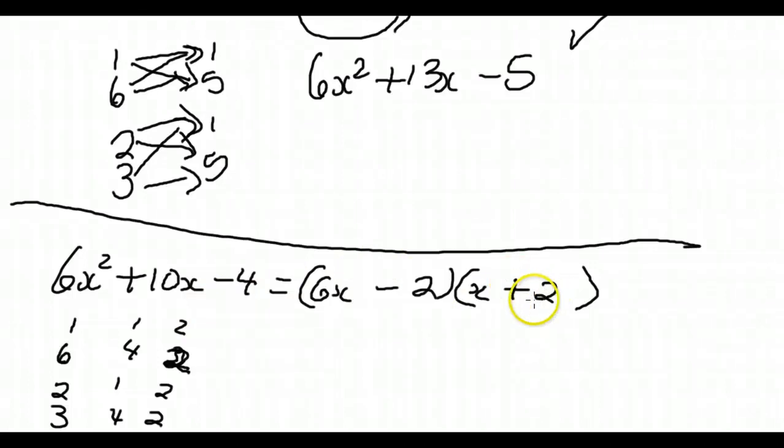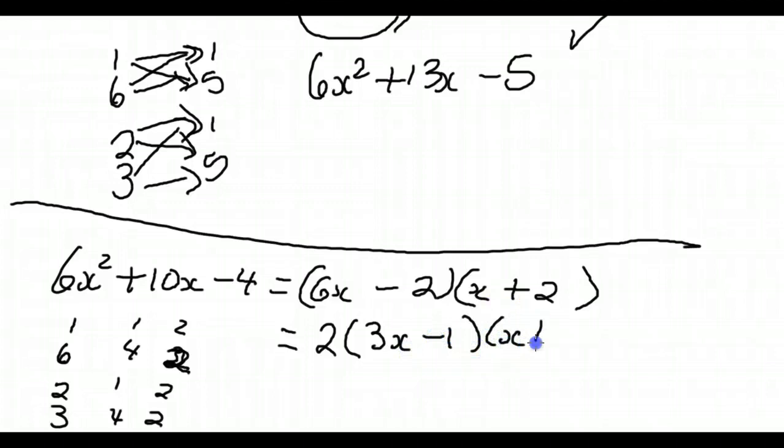Minus 4. But wait, you say, hang on, they're both divisible by 2. I can take a 2 out of this factor. This will be 3x minus 1 and x plus 2. So, that was bad, you say. You should have recognized that in the original,